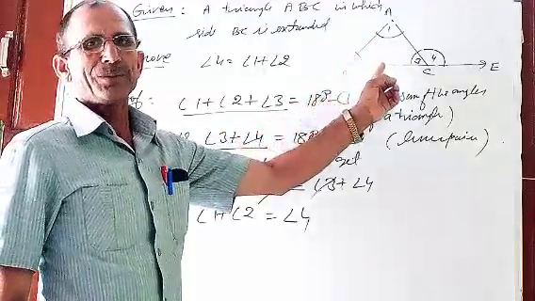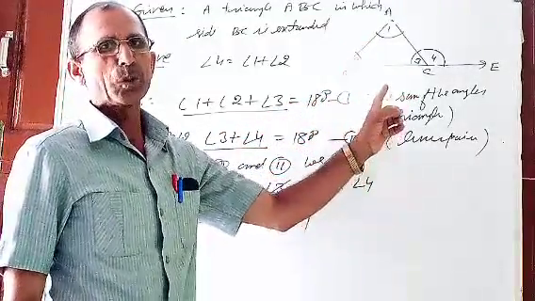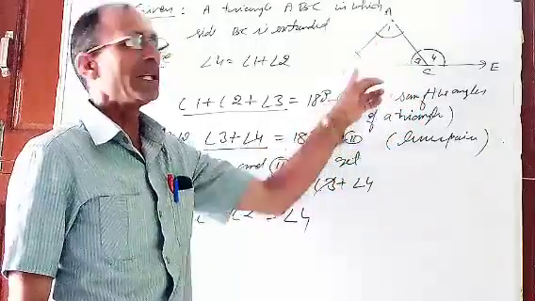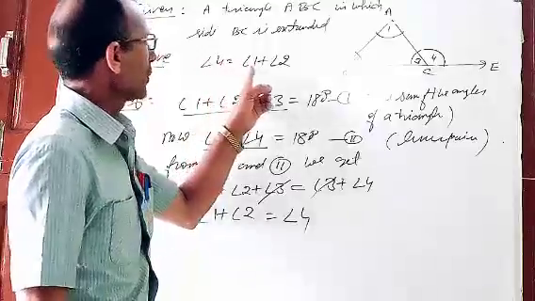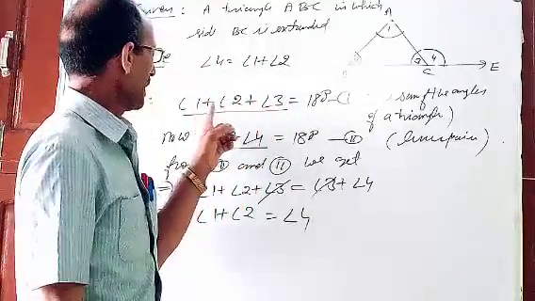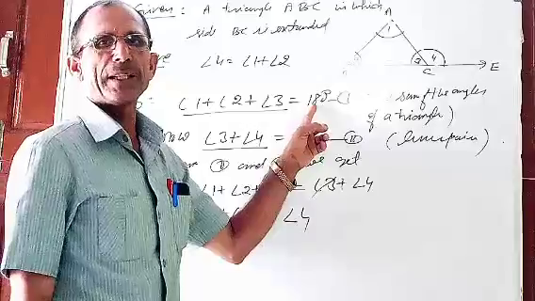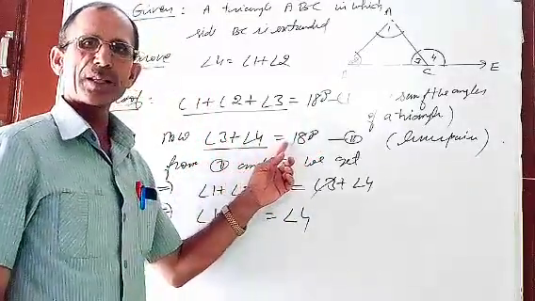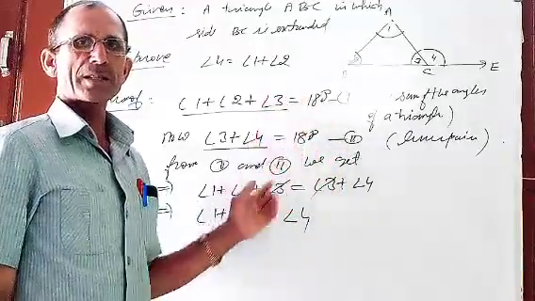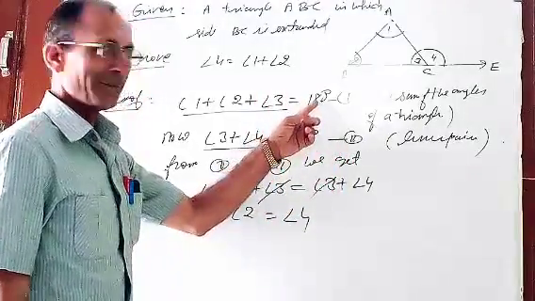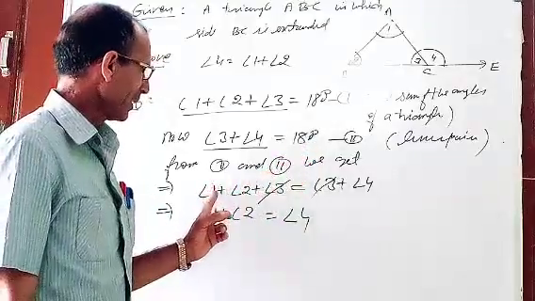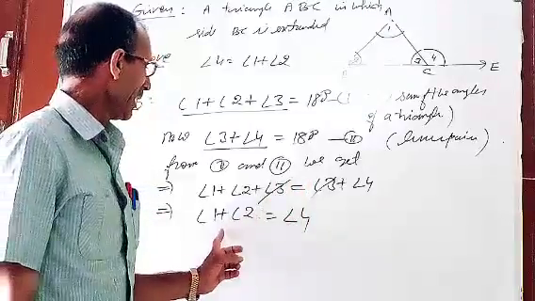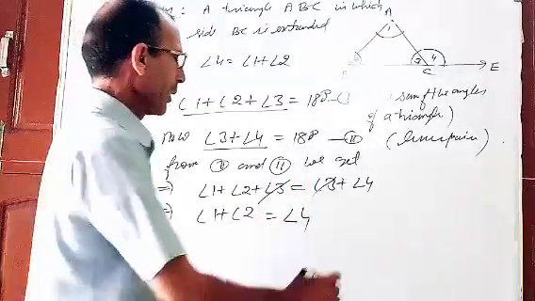A triangle is given and one side is extended. We have to prove the exterior angle formed by the extended side is equal to the sum of interior opposite angles. It means angle 4 is equal to angle 1 plus angle 2. Angle 1 plus angle 2 plus angle 3 is equal to 180, the sum of the angles of a triangle is 180, and 3 plus 4 is equal to 180, linear pair. Equals to the same are equal to each other. So write 1 plus 2 plus 3 is equal to angle 3 plus angle 4. 3 will cancel 3. Angle 1 plus angle 2 is equal to angle 4. Hence proved.